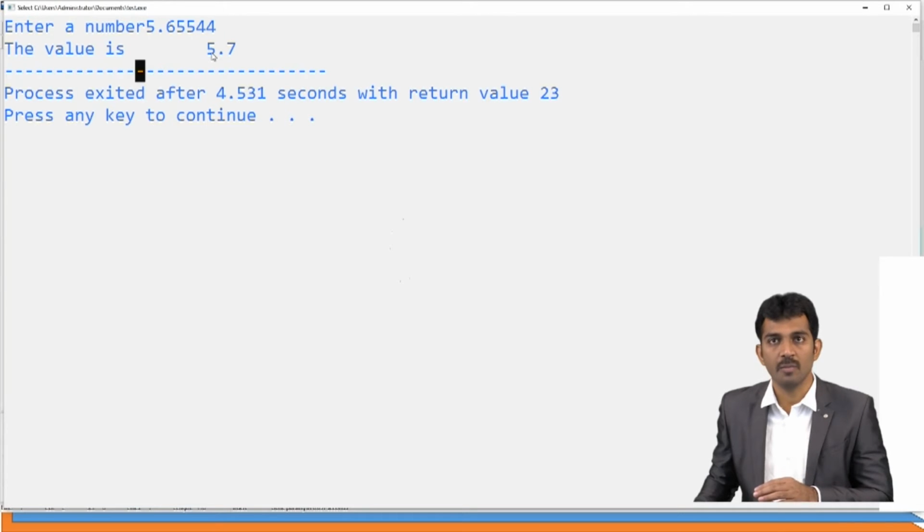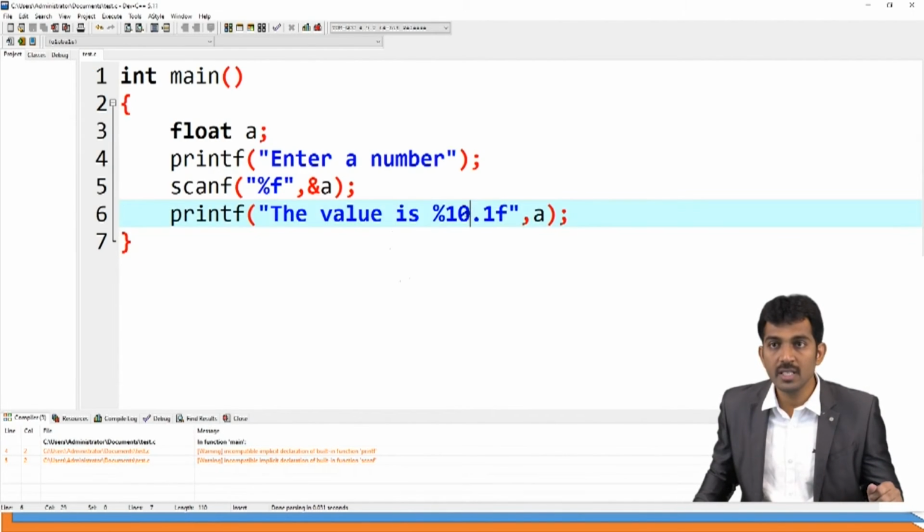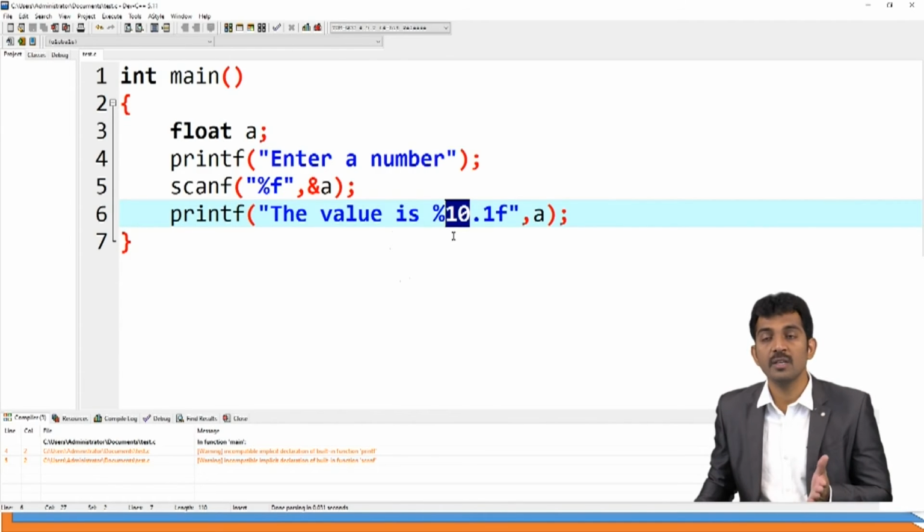Is this clear? So if you mention a number here, that many spaces are required, including the number which you are going to print.